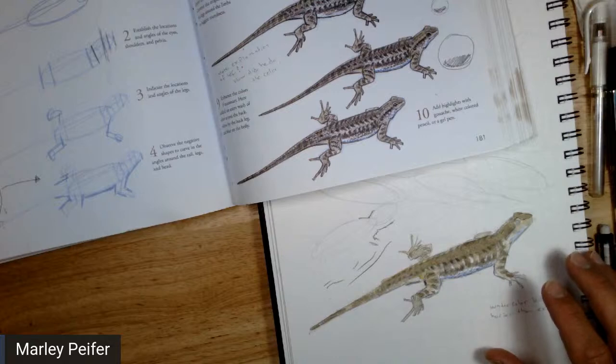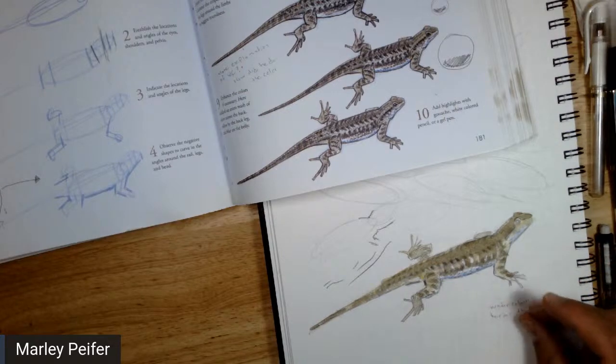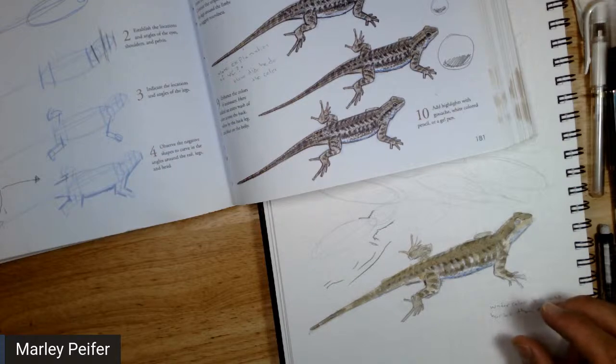Like I said, go ahead and put some comments underneath your drawing, any notes, sort of metacognitive notes. I really